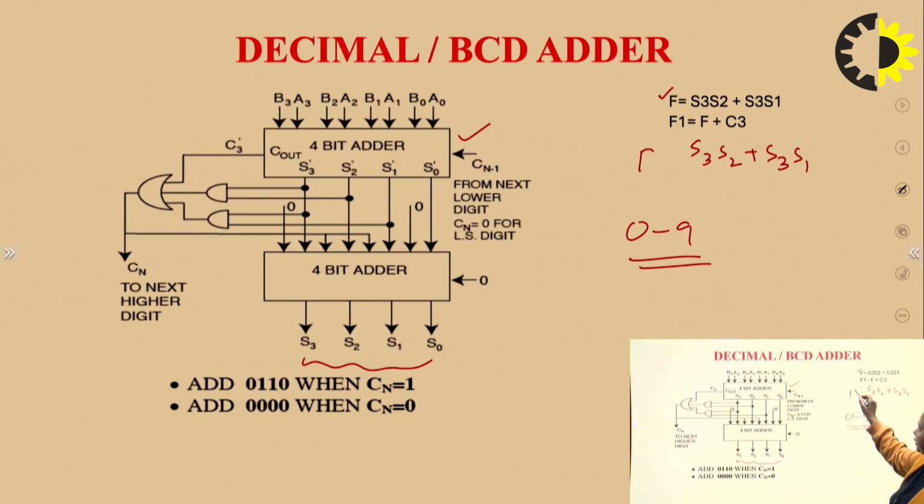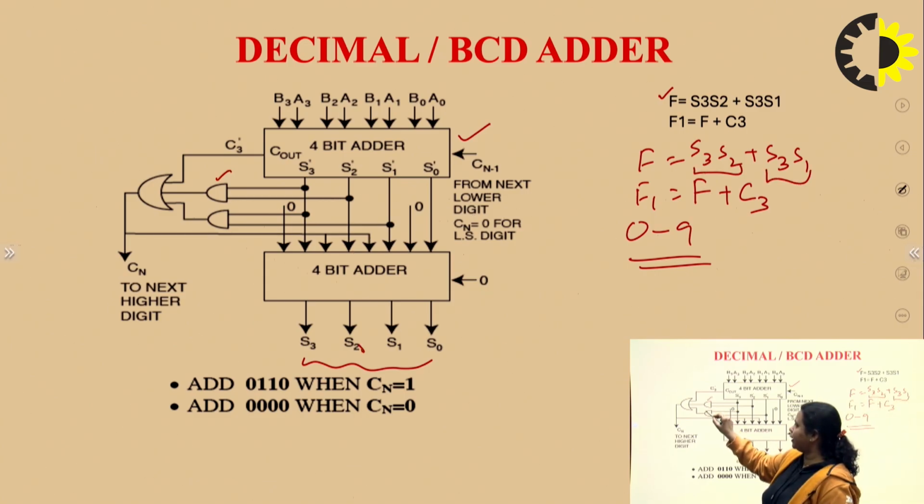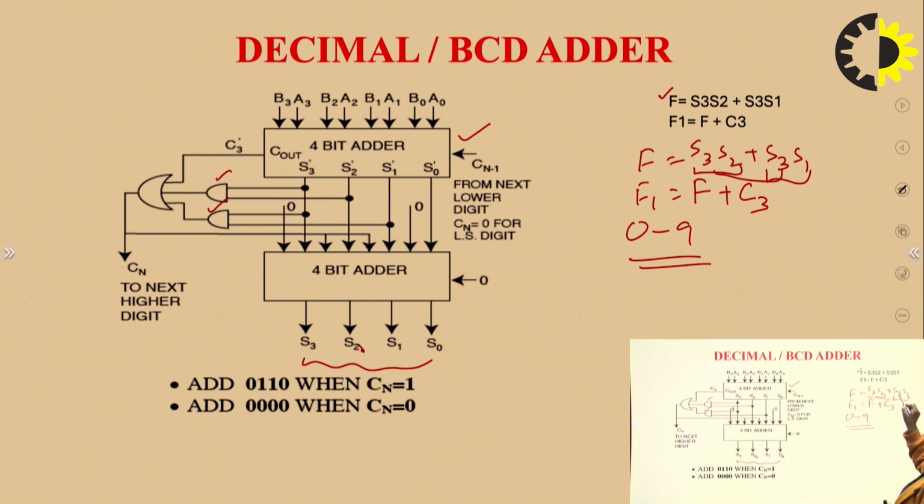When you do the addition from 0 to 9 and beyond 9, wherever your function is high, you will get this expression. And finally we need to add this F to C3. So we will get this diagram. Like this we have created it. For this we will use one AND gate, for this another AND gate, these two AND gates, right? This is fed to an OR gate, because this function is basically a combination of two AND gates with an OR gate.